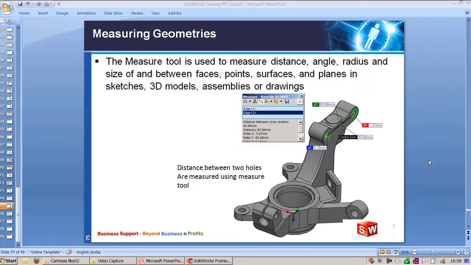Next let us see the other utility tools available in SolidWorks. How we can measure the geometries: the normal distance between 2 selected points, the vertical distance, horizontal distance, diameter, and how I can measure all this in SolidWorks. This is very important when you are creating a part model, since you need to evaluate the model so that you can use this component for the assembly. And let's go to the knuckle